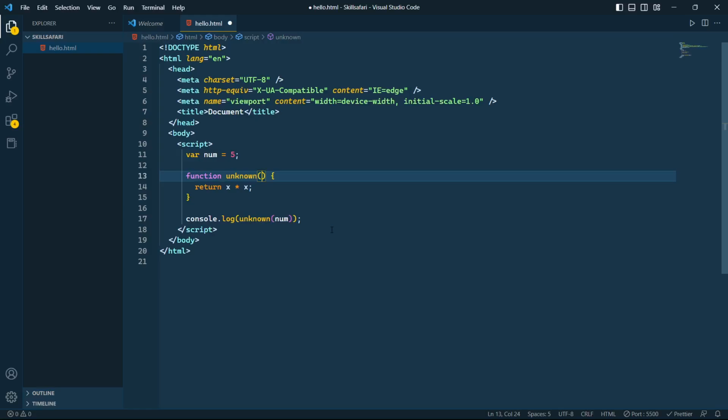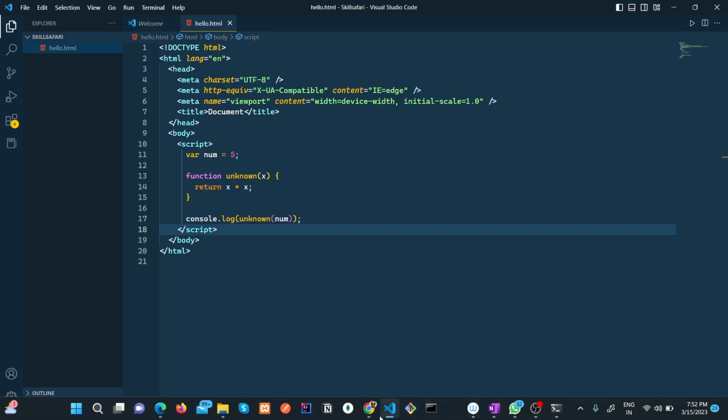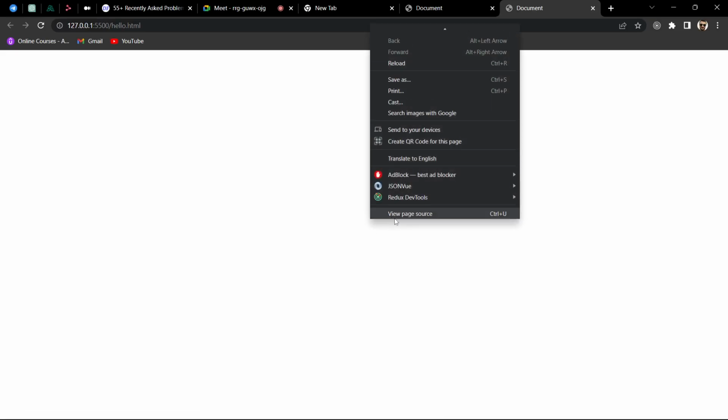So we have to write the x over here. I'm so sorry for this. I forgot to write the x over here, and in my mind I was thinking about the data. So now let's come to our browser and see what it does.